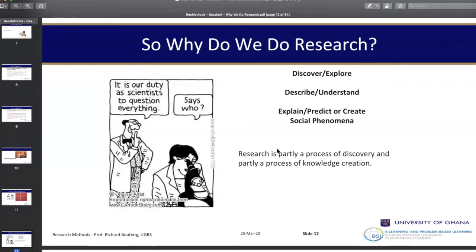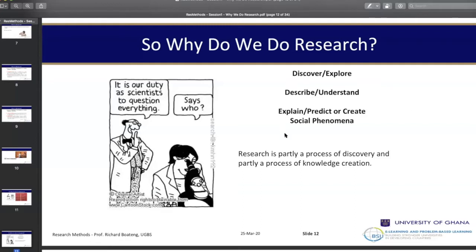Okay, so for those of you who just joined us, we were emphasizing the centrality of every research is the question that you ask. What is central to every research process is the question that you're asking. Your research questions are what differentiate your research from another person's research. Even though you may have the same research topic, like you want to do a study on representation of women in politics, we could all have different questions that we could ask, but we may have the same topic.